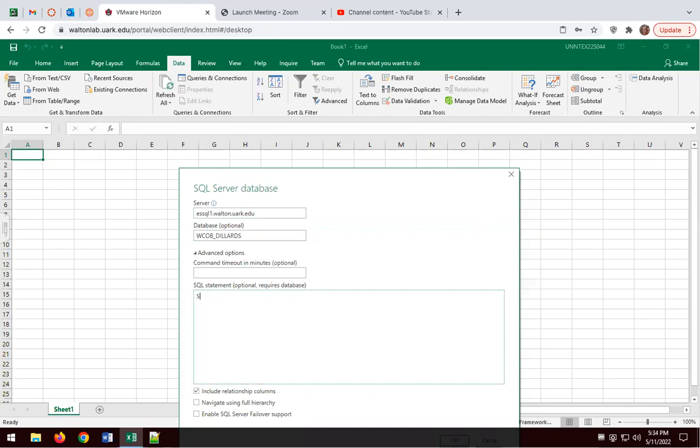It's not as long. We'll select state, count, stores, select it from